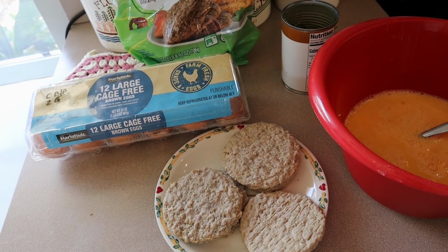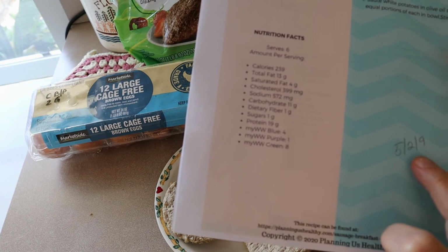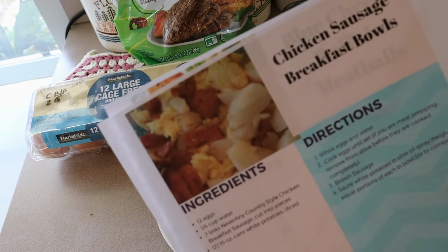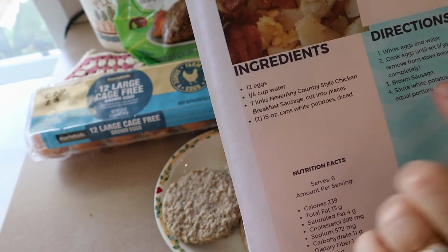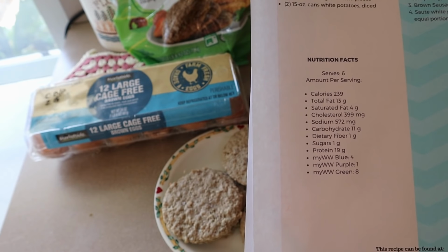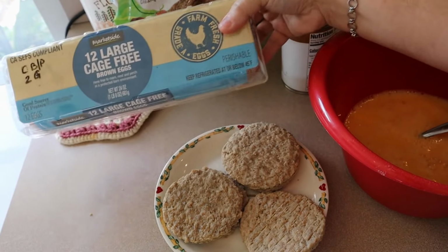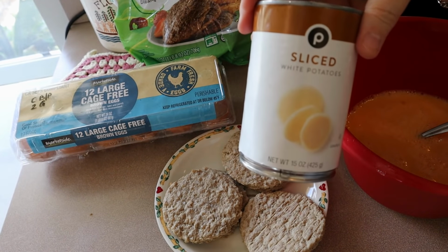the 6 dishes. Using the turkey sausage, it's going to be 5 points on Blue, 2 points on Purple, and 9 points on Green. If you decide that you want to use the chicken sausage, I use the Never Any country style chicken breakfast sausage, and that comes out to 4 points on Blue, 1 point on Purple, and 8 points on Green. The other things that go in this, I'm using 12 eggs and also 2 cans of